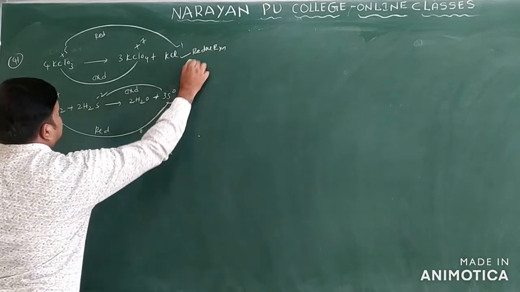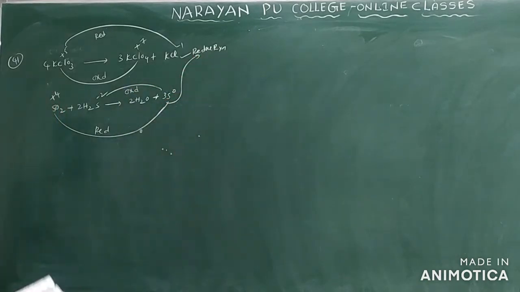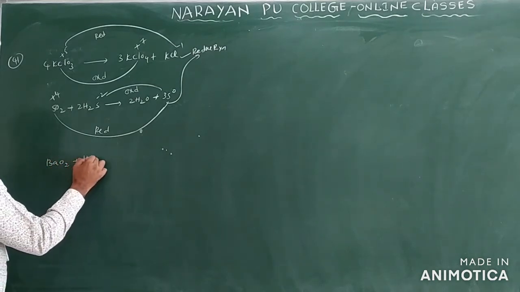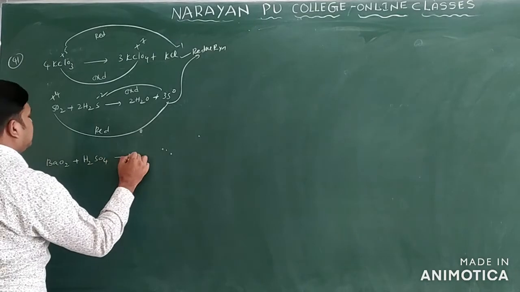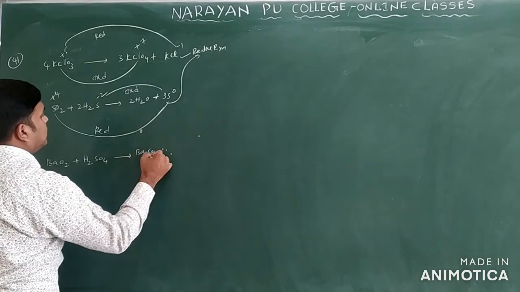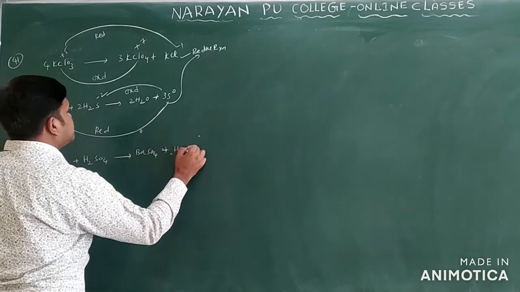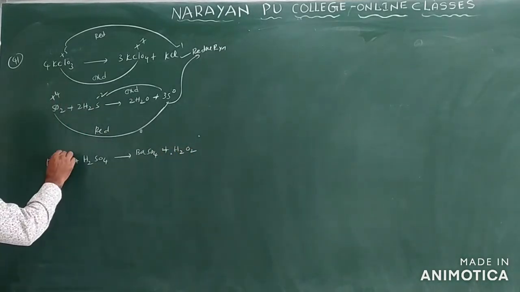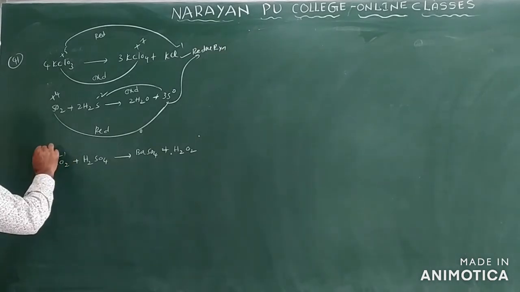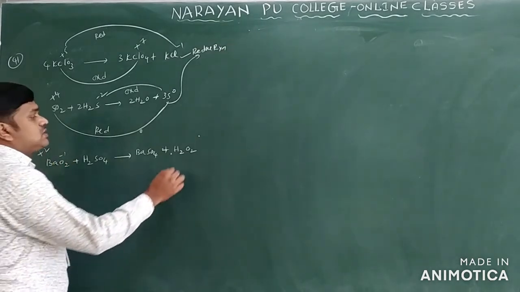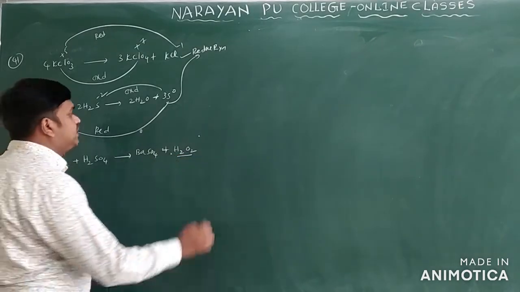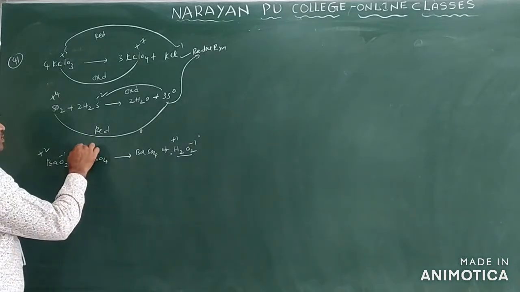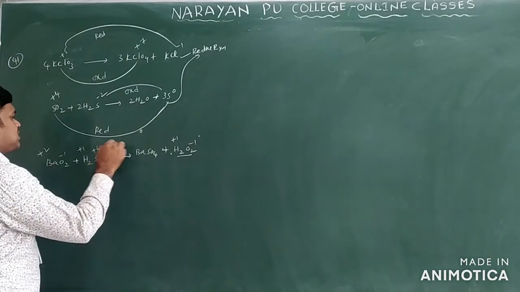Increasing oxidation number. This is also called a redox reaction. Coming to the third option, we have BaO2 plus H2SO4 gives rise to BaSO4 plus H2O2. Here BaO2 is barium peroxide only. In a peroxide, the oxidation number of oxygen is minus 1. Here barium is plus 2. Here we also have H2O2, that is hydrogen peroxide. Here O is minus 1, H is plus 1 only. Here hydrogen is plus 1, sulfur is plus 6, oxygen minus 2.